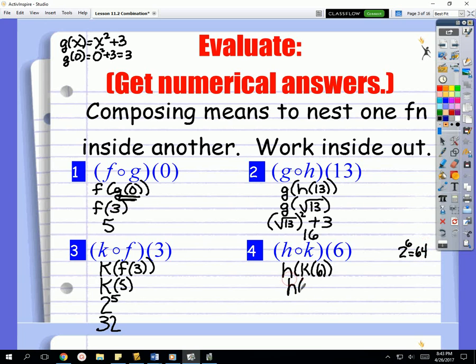So I've got to do h of 64. Okay, wow, now it's getting large. Nope, look at this. H of 64 would be the square root of 64, which I thought would be a really bad number, but that's a nice number. That's just 8. So 2 of them turned out surprisingly neat. Okay, so when I do composing functions,